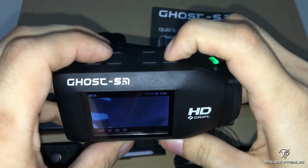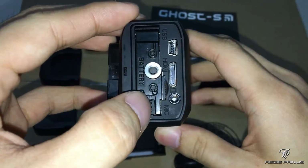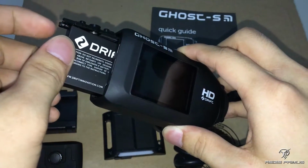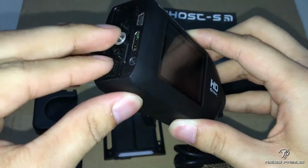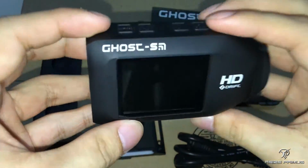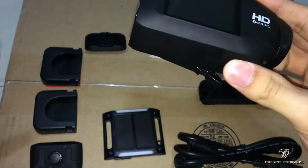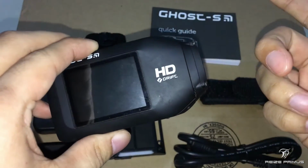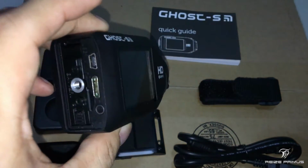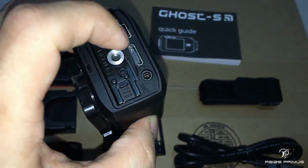Okay, and when the camera has hung, basically you really do need to pop out the battery for probably a second or so and pop it back in before you can run the camera again. And for the Drift Ghost S, this sort of occurrence happens quite often. I usually have to do this every once a week or so, and it seems that it is related to an issue with the formatting of the